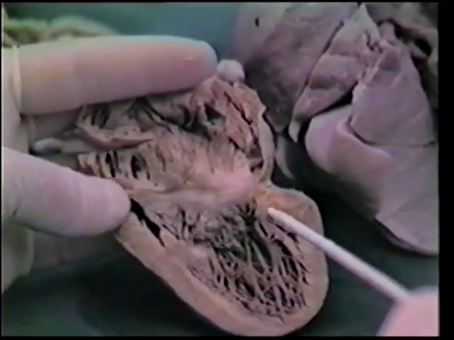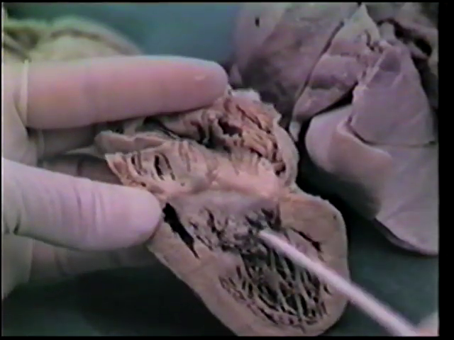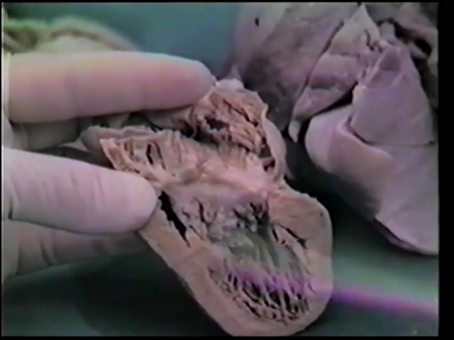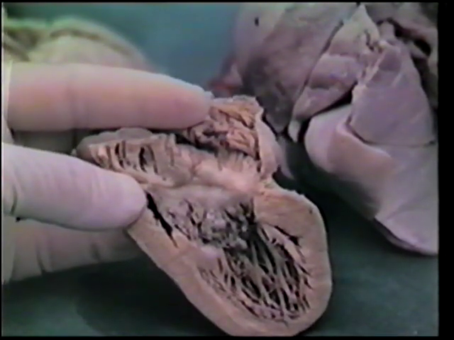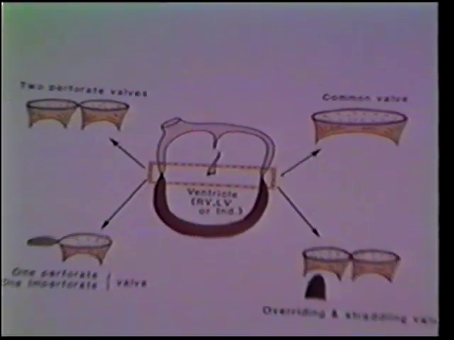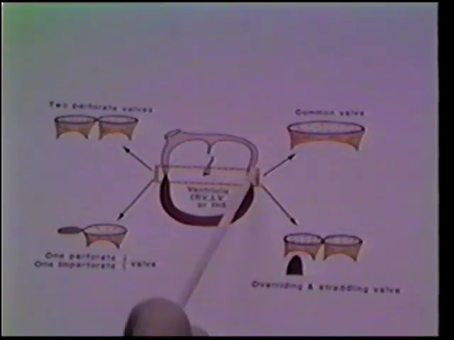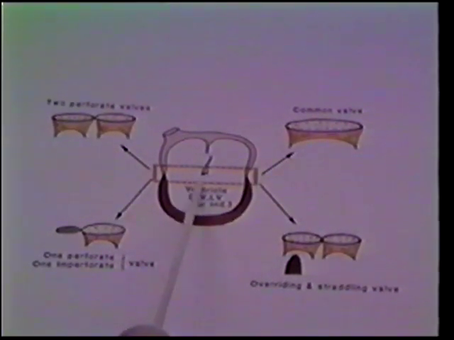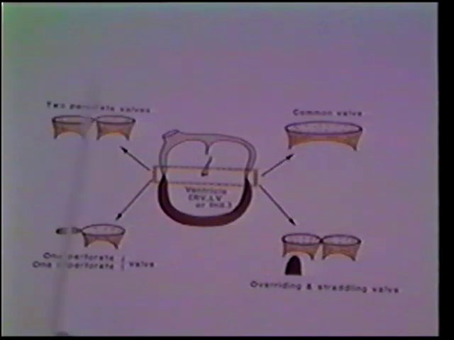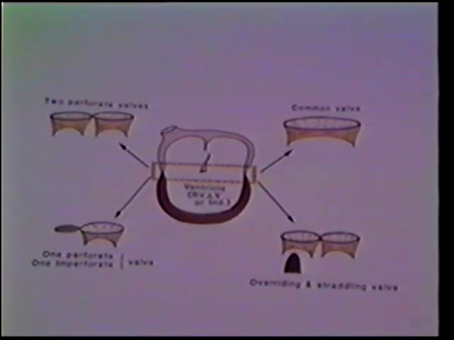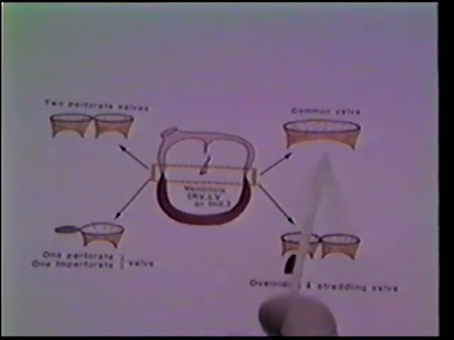In this case, the atrioventricular valve is a common valve guarding the atrioventricular junction. And this brings us to the variability in the morphology of the atrioventricular valves that guard the junction. We take a slice through the middle of the heart. You can have a variation of two perforate valves, a common valve as you have seen just now,